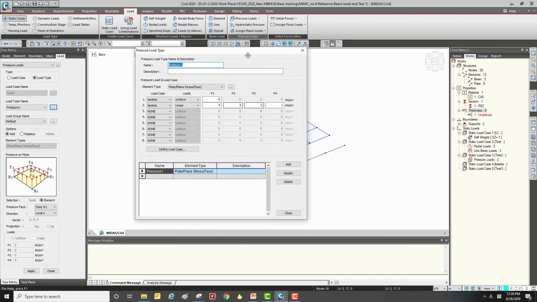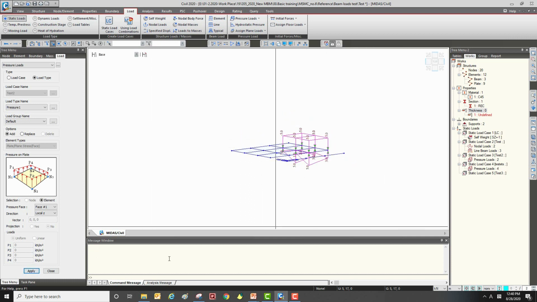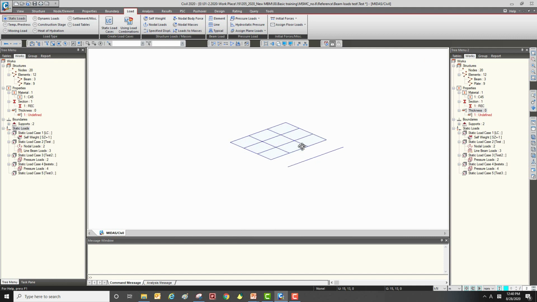You can define more here, and we just select element and click apply, so we can see the applied pressure load. Okay,